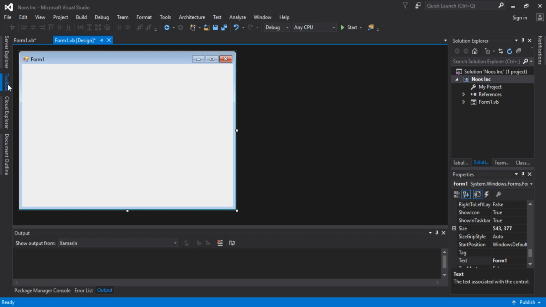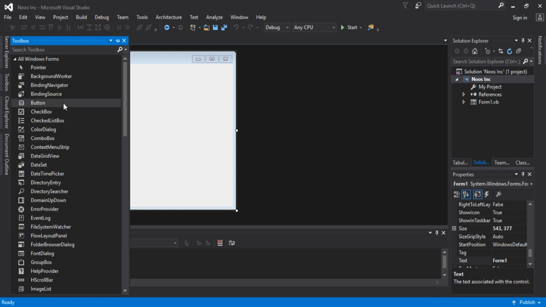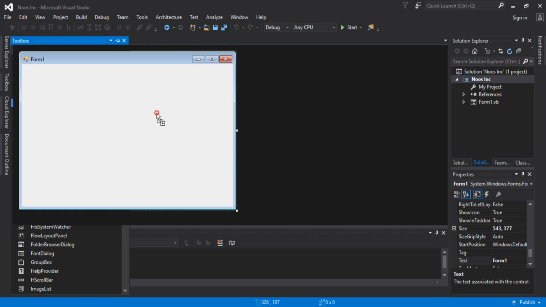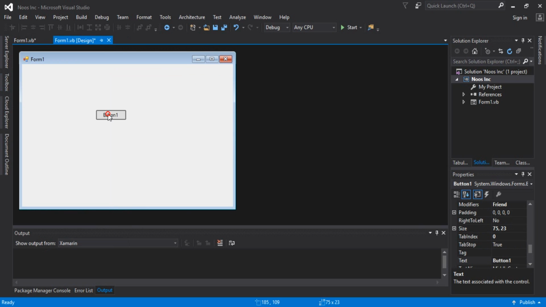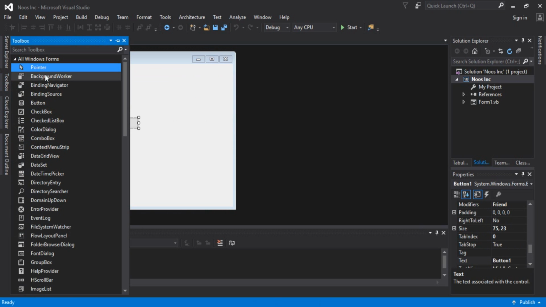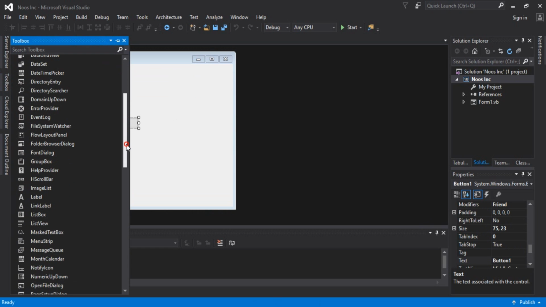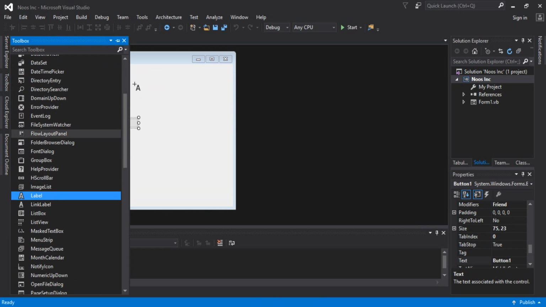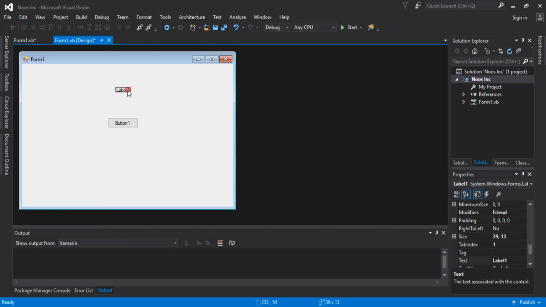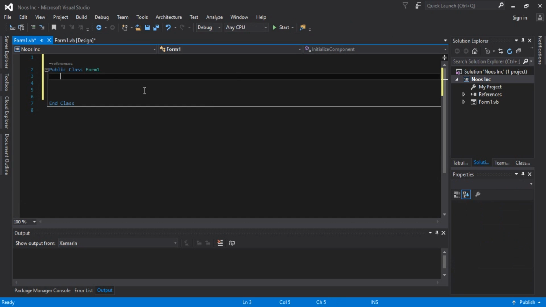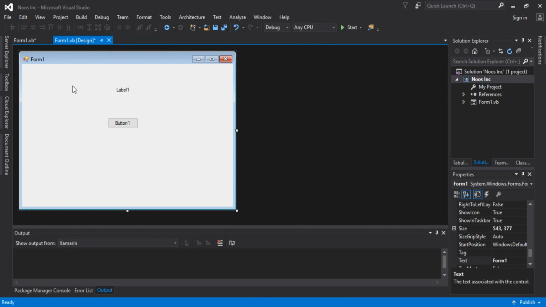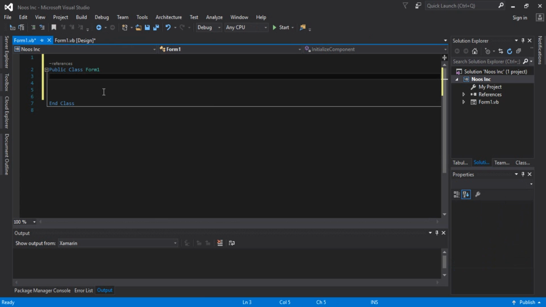I will try to create one button and one label guys, to show you the structure of Visual Basic code in here. Okay guys, now